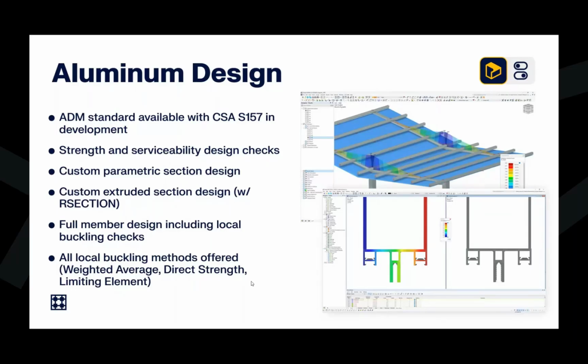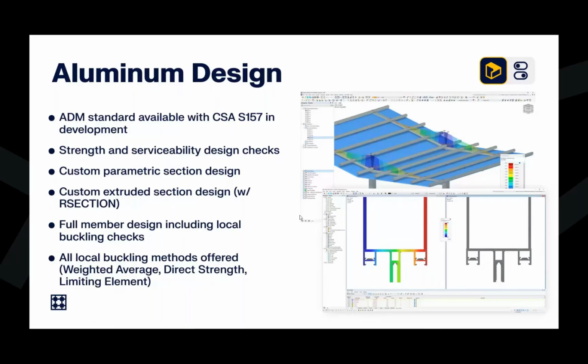standard. This does include the strength and serviceability design checks for all of our standard shapes that we find within the ADM. But similar to cold form steel, we can get design of the parametric sections, again, a handful offered within RFEM, or we can utilize RSECTION. And I'll get into the details of RSECTION in a few minutes, but essentially I can bring in this custom extruded shape like what we see over here on the right-hand side, and I can get full member design according